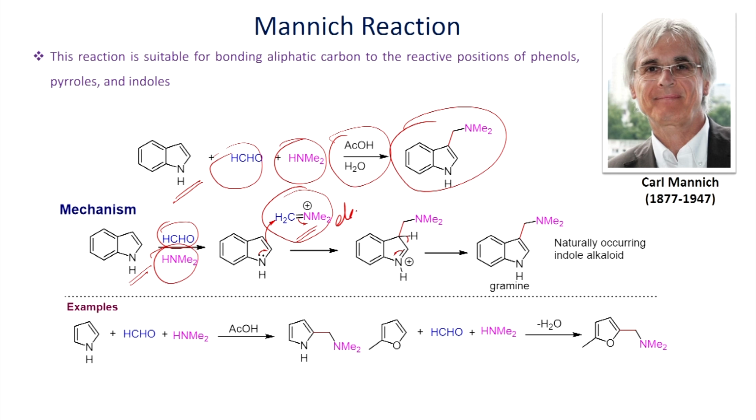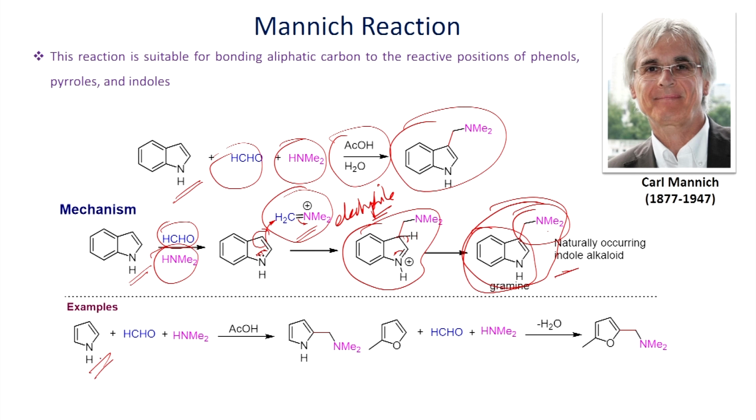Once you form this iminium ion, it undergoes reaction with this aromatic ring, at the third position, as you can see here, and then you will be able to have this addition product. Once you have this addition product, cleavage of this carbon-hydrogen bond can give this derivative. This is a very important example, and in indole, in this way you can introduce the alkyl amine substituent through electrophilic aromatic substitution.